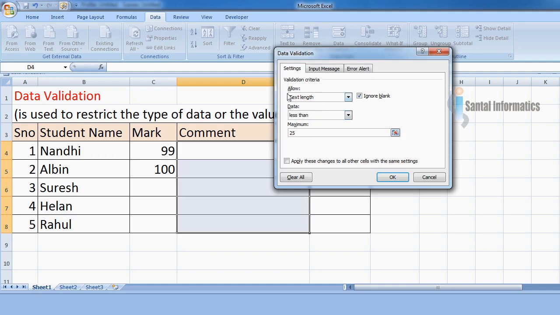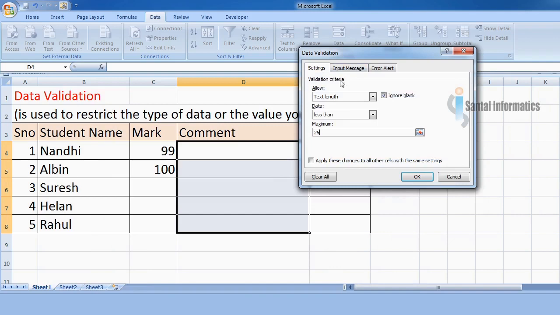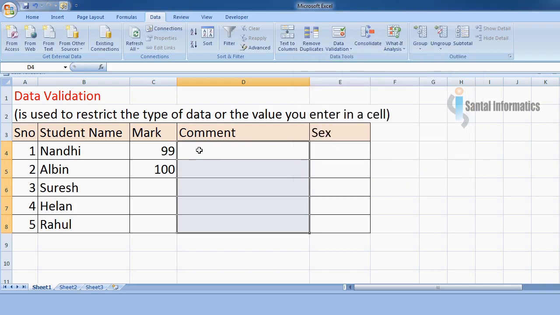So now my condition is allow text length less than 25. This condition will allow us to type only 24 characters in this cell. Let us check. Click OK.